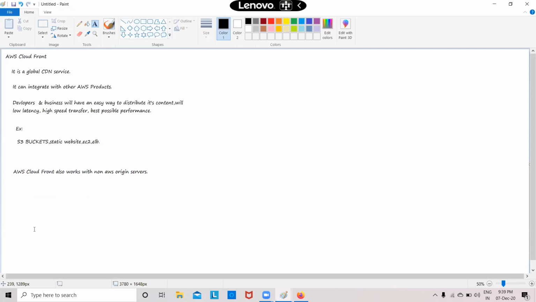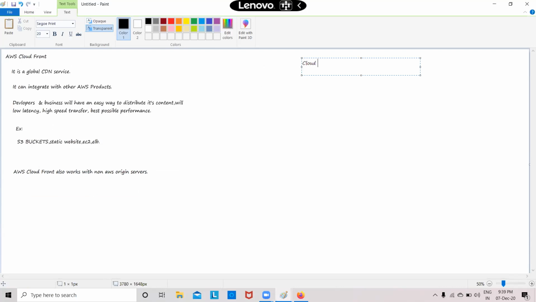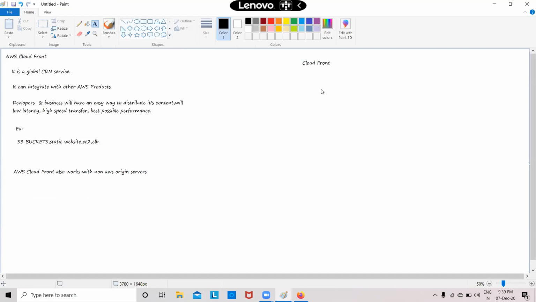Here, when we talk about CloudFront, it has three basic components. What are those components? Let me tell you. CloudFront has around three main components. One by one, I'm going to tell you about them, and we are going to see that in practical also. The first one here is,